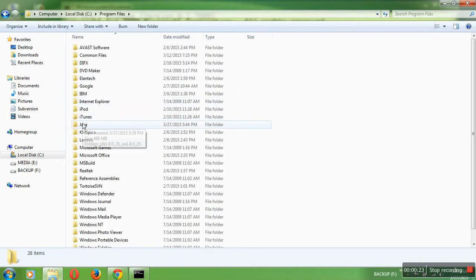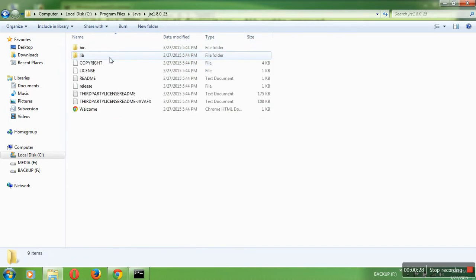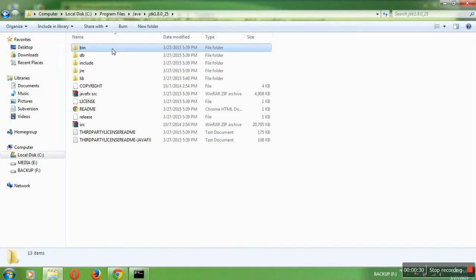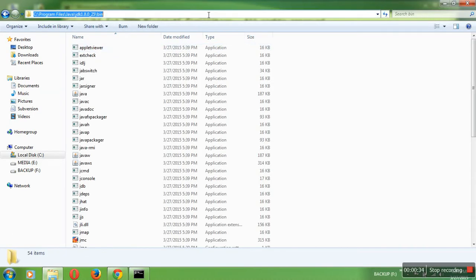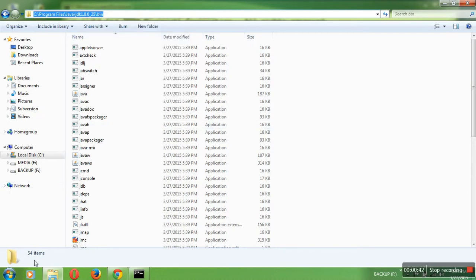Here you will get a folder called Java. In Java you will get two folders, JRE, Java Runtime Environment, and JDK, Java Development Kit. Go to the bin folder, click on the address bar, select all and copy it. This is the path where Java exists in our system.